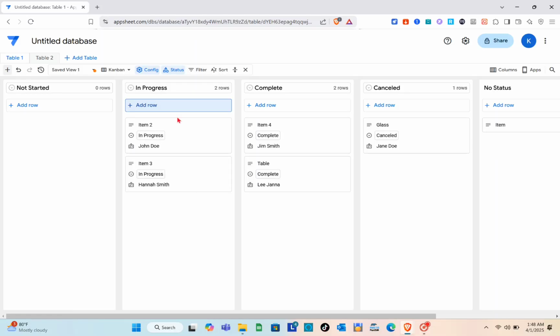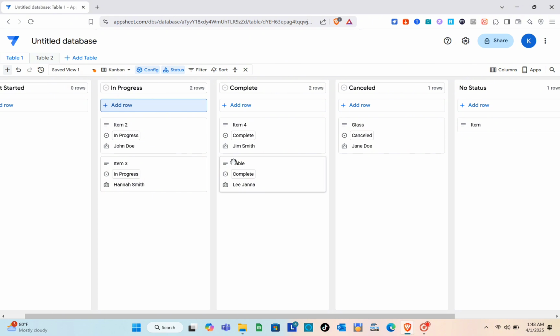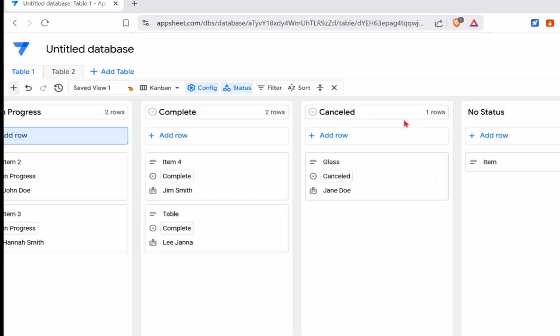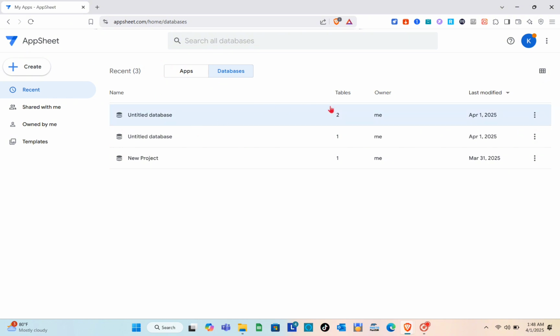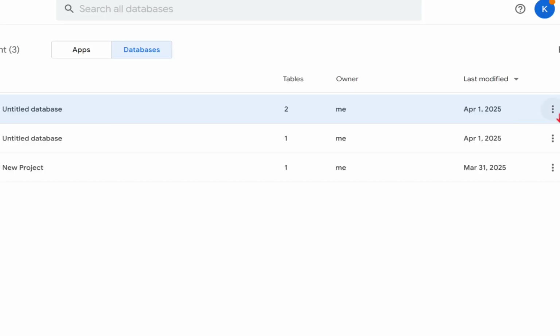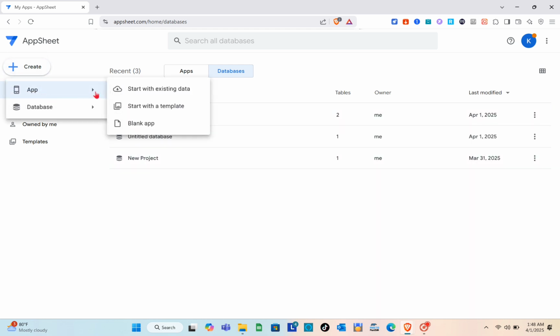And then for the update section, you just also need to type it out right here. And after that, you'll be able to see here now the new row. Okay, so based on the status, we selected the complete or the canceled, so you'd be able to see that right here. Now going back to our apps, as you can see right here, if you want to remove this one or edit a new tab, you just have to click on the three dots at the top, at the